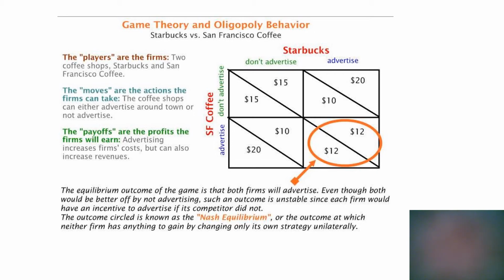This is a payoff matrix where we have two firms, and the payoff for each of the strategies that they might pursue is shown in this payoff matrix. Starbucks is shown on the top. San Francisco Coffee is shown on the bottom. So it shows if they both advertise, if one advertises and the other doesn't advertise, and if neither advertises, what